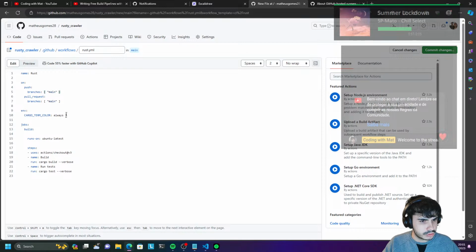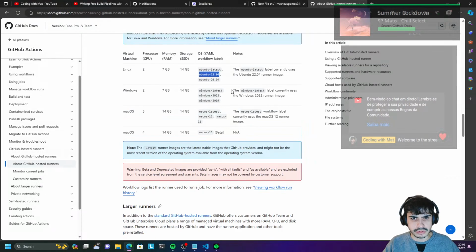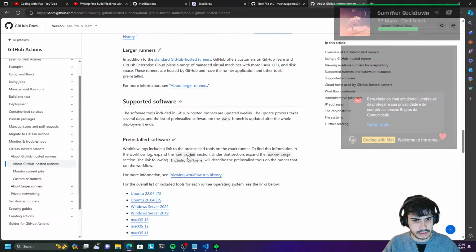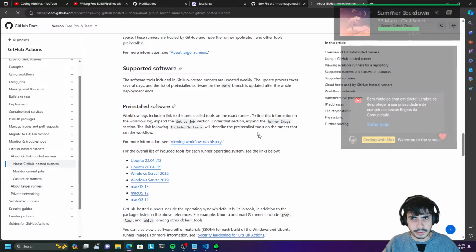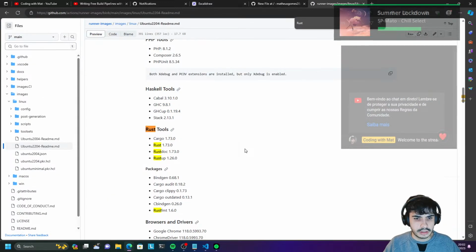Archival test verbose. And if I take a look at what's actually included in this, because they might already have Rust installed, right? Supported software on 22.04. There you go. There is Rust already available here, so I don't have to use a Docker container, because typically